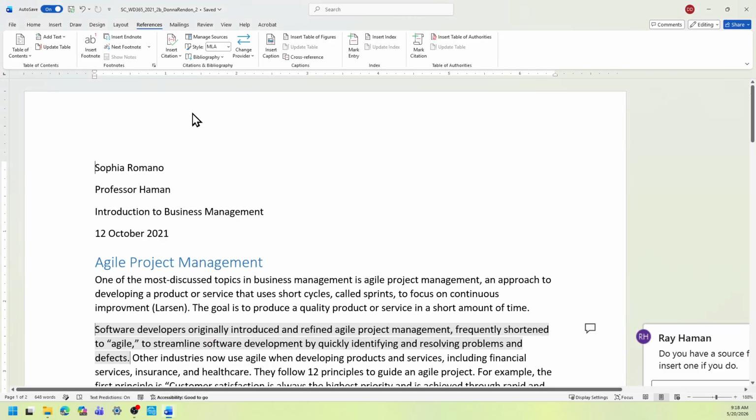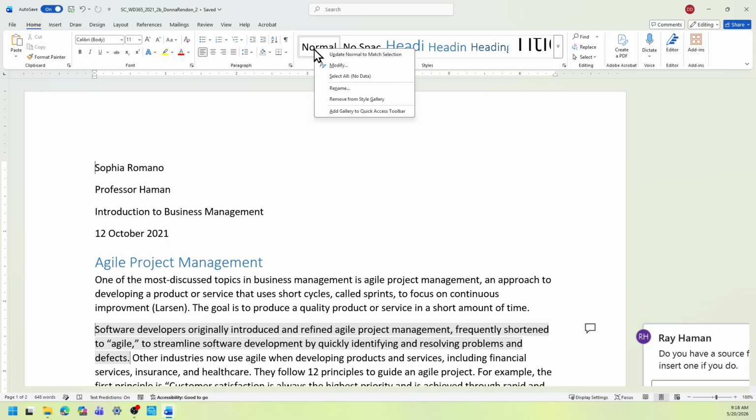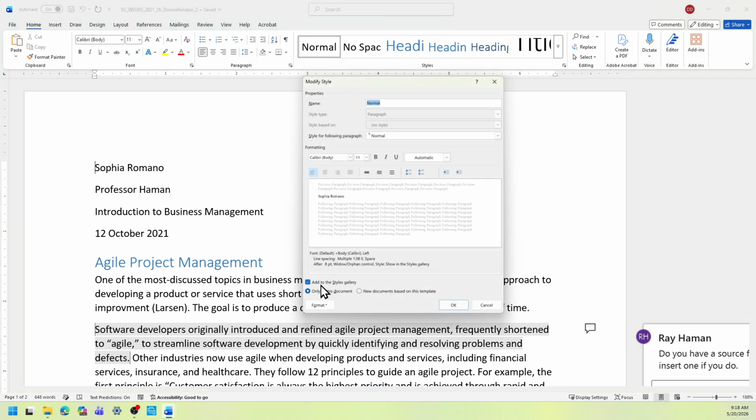Okay, so to do that, you click your home tab and the ribbon gets refreshed. You see this styles group here. You're going to right click in the normal style. You select modify, and then the bottom left there's a format drop down menu.